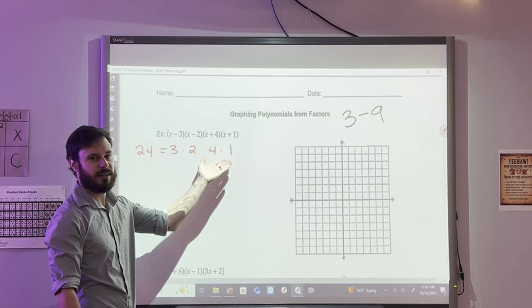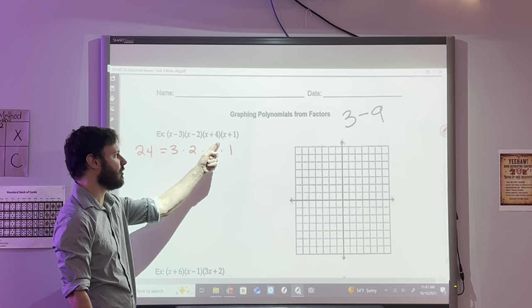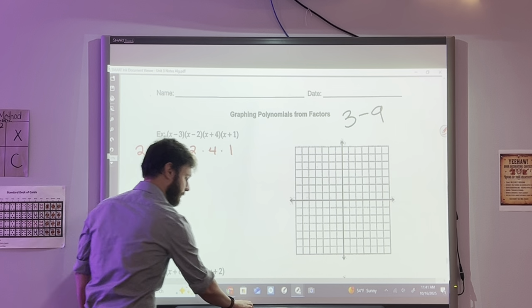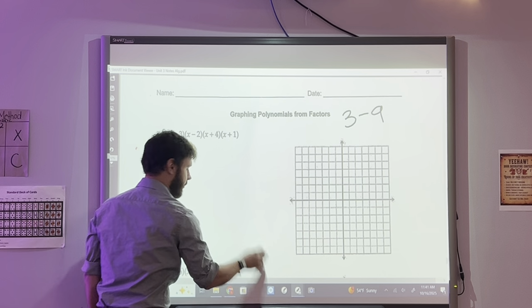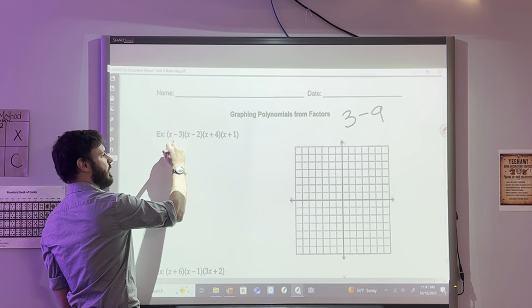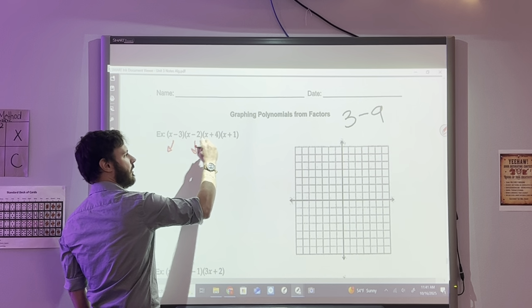You're just breaking it into its pieces. So these are the factors. These are the pieces that all multiplied together will make the polynomial. Anyway, how we do this is we take each factor individually,